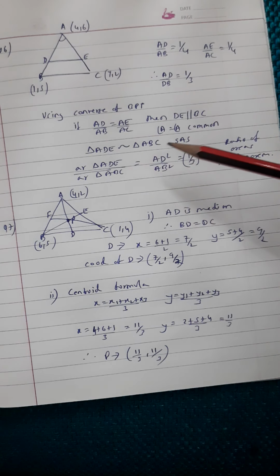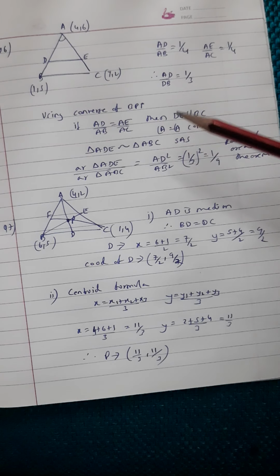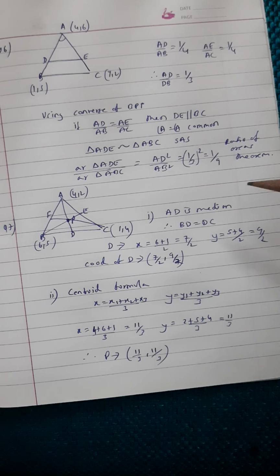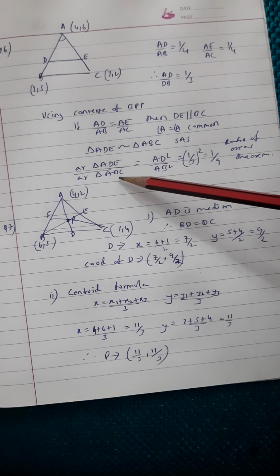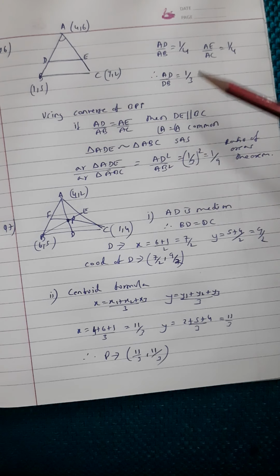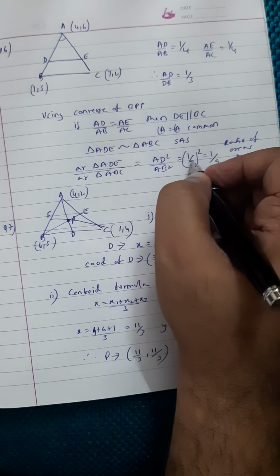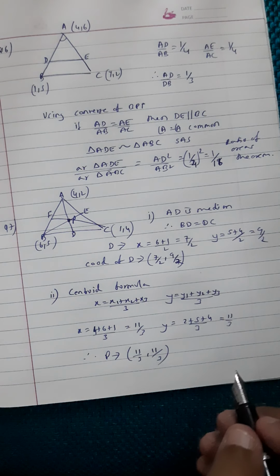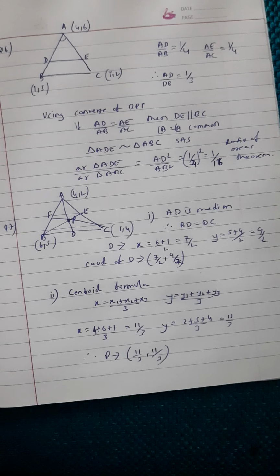Now once we prove that the triangles are similar, then we are using another theorem that the ratio of areas of two similar triangles is equal to the square of their corresponding sides. Now both these theorems you did in triangles, the last chapter. So ratio of ADE by ABC will be the square of their sides. So AD square by AB square. And what is given to us is that AD by AB, the ratio is given 1 upon 4. And therefore this will become 1 upon 16. So we can say the ratio of areas of triangle ADE and ABC will be 1:16.